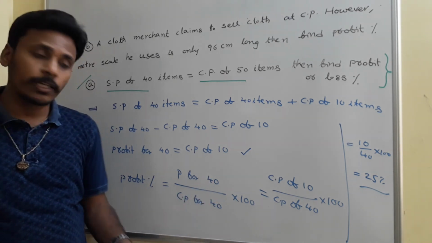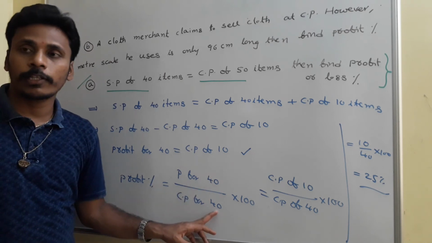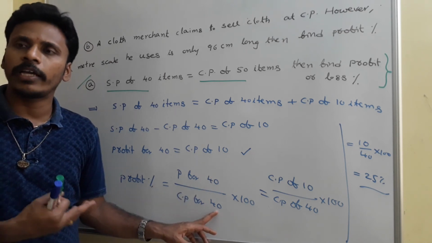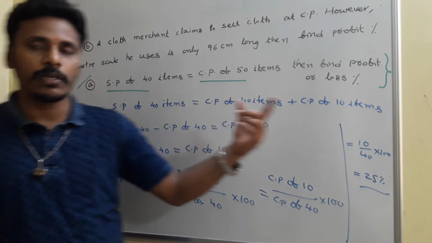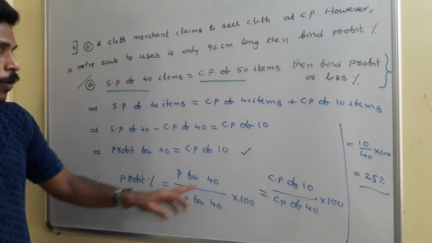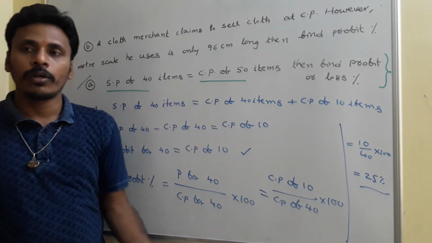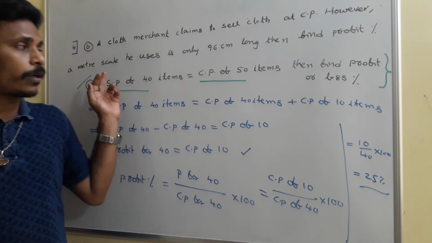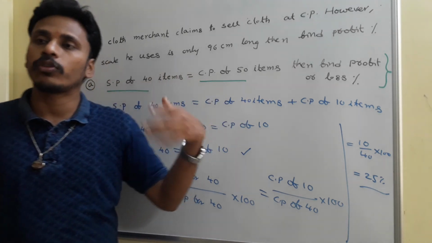If you fix 1000 for profit and 1000 for cost price, no problem. In each and every case you will get the same profit percentage. But if you fix it for 40, then only the problem helps you. In the other case, this particular statement won't help you. You need to think in some other ways.